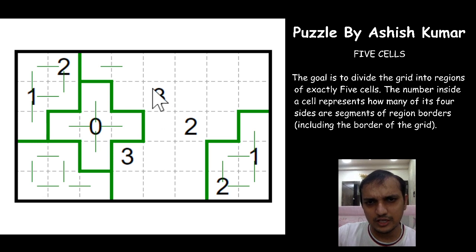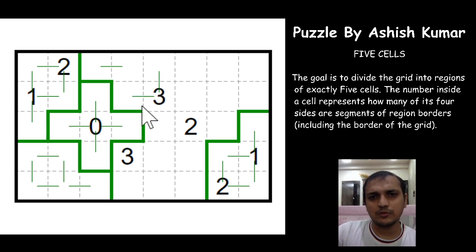Now if you see for this 3, if this region is connecting to the 3, it has to connect only one way. I mean to say only through one cell. So either through this cell or through this cell, because it cannot connect by both the cells. If it connects from both the cells, the 3 has only 2 segments now. So it will connect with only one cell. And if it connects this way, we form only a 4-cell region. And if it connects by this way, this cell is stranded. So we conclude that this 3 will not be part of this region and it will extend outwards, right?